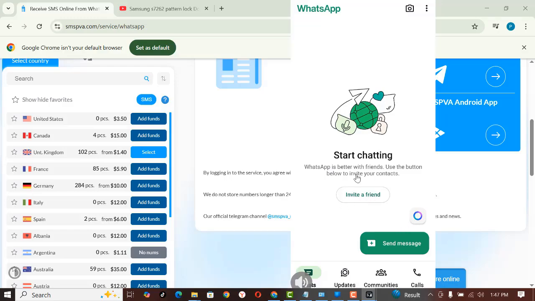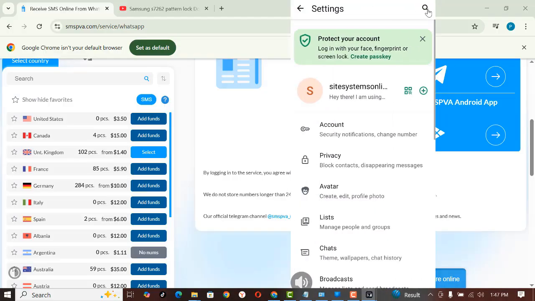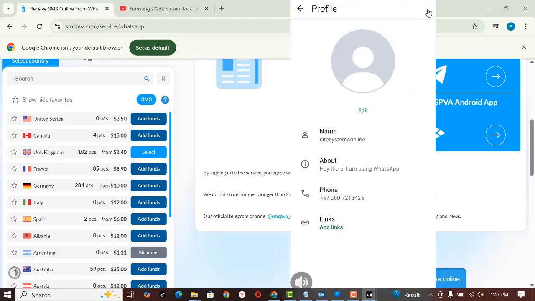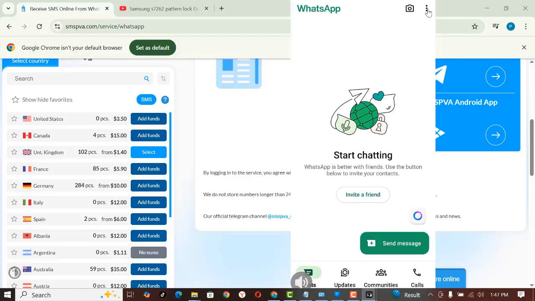You can invite people, and to confirm your number, you can go to your settings. You can go to your settings and then check the number that you just registered. As you can see, this is the number we just registered. Okay, and that is exactly how you can get any international number from any country to register on any social